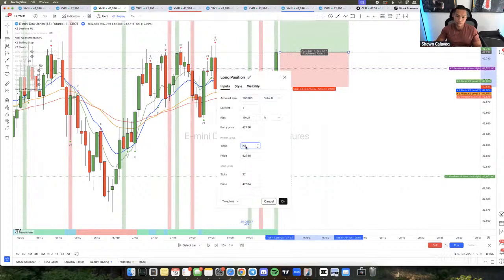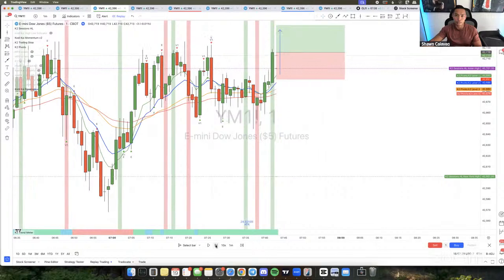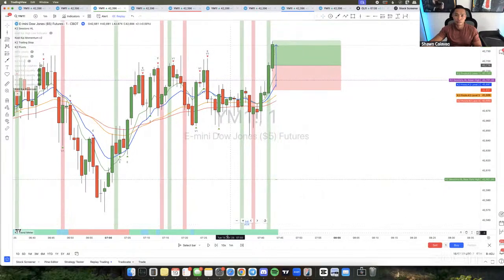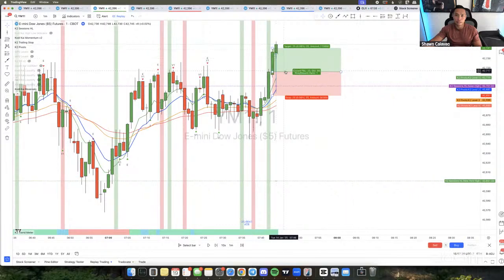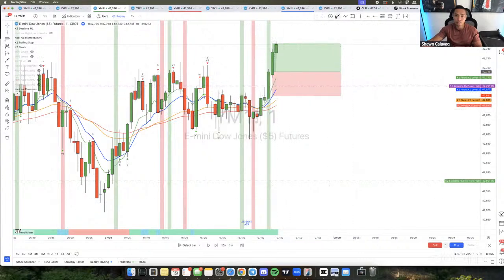See, if you want to go off the ATR, this is probably going to hit within 1 candle or 2, maybe. See, price pushes up and then it hits perfect, right? 25. If you're going for 30, you still would have hit it. But look, the ATR is at 25 right now.